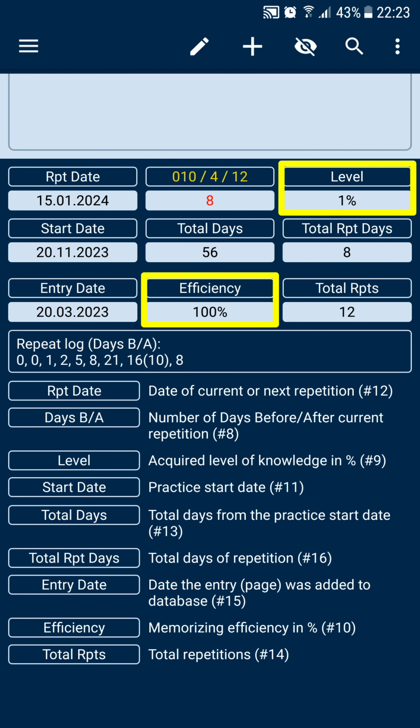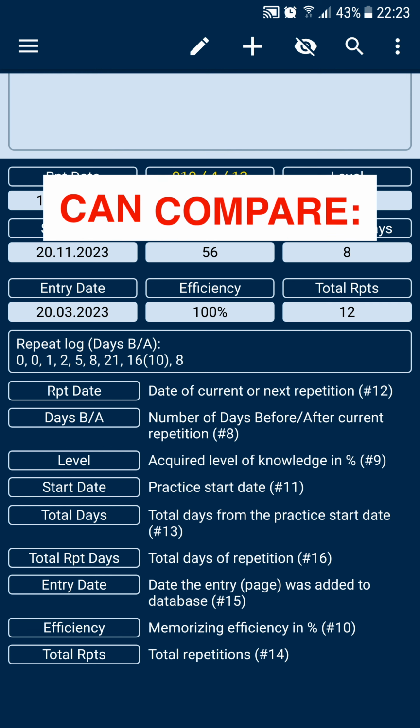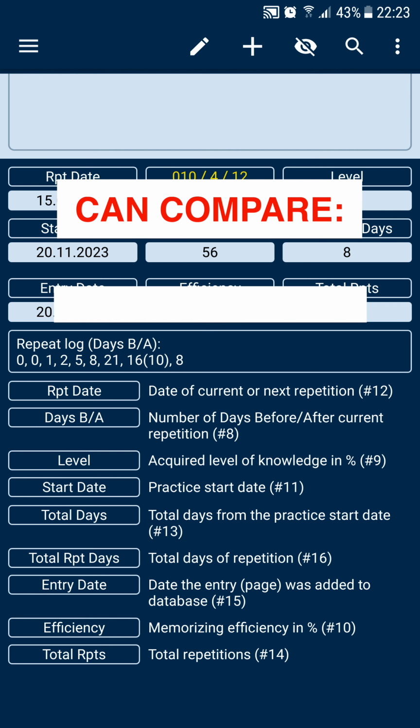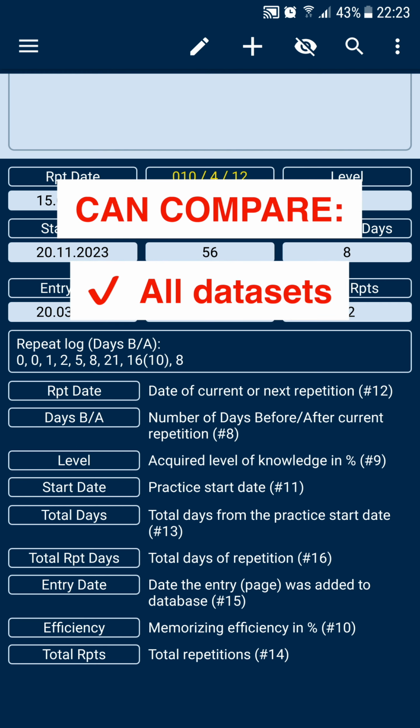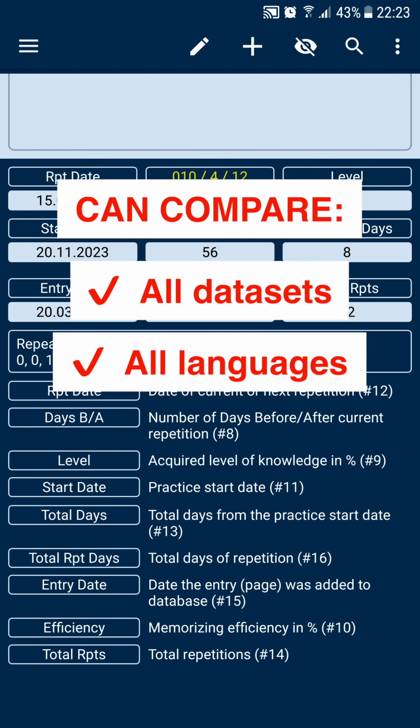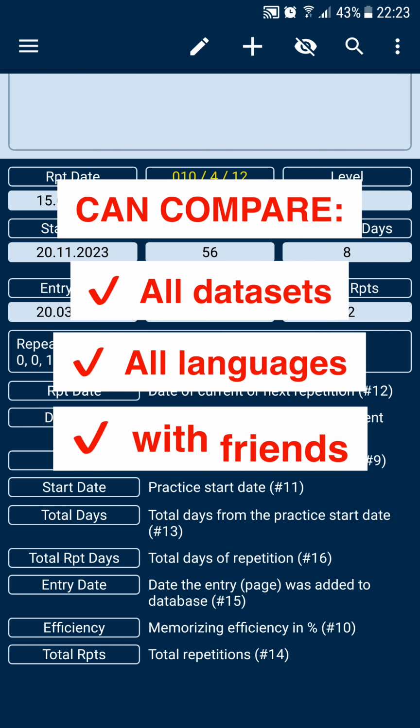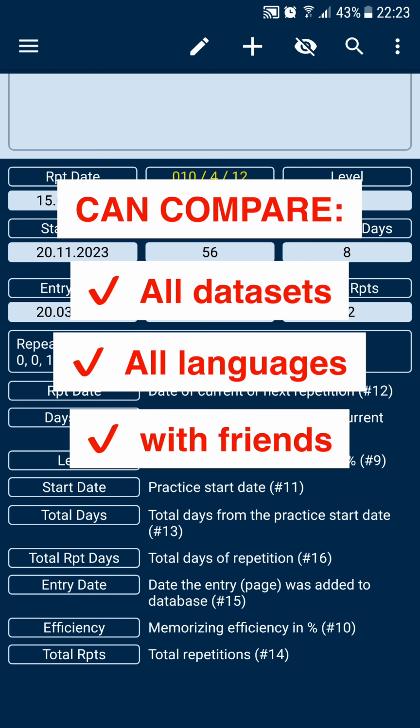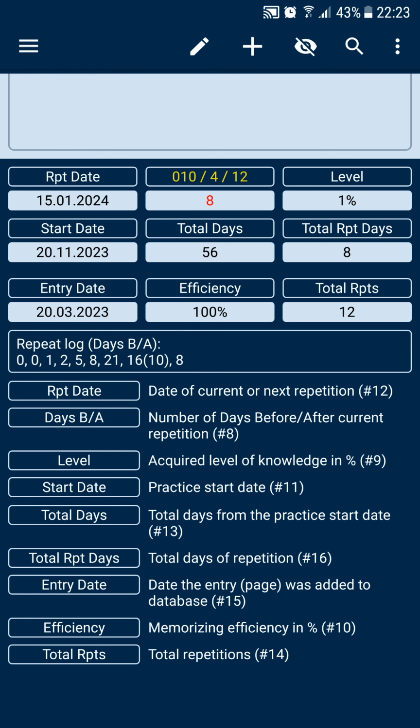If someone wants to compare the level and efficiency of memorizing the material for all datasets, or across different languages they learn in parallel, or to compare with their peers and classmates, they can easily do so by looking at those numbers. The comparison is universal and objective, taking into account the error in how the users assess the correctness of the answers when pressing left or right buttons on the pop-up button bar.